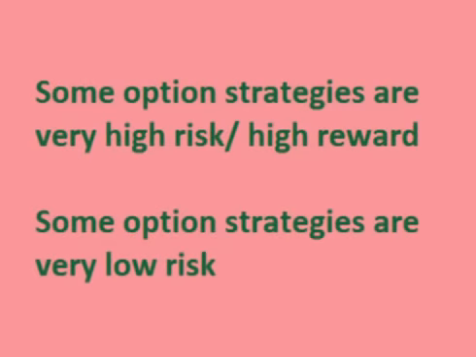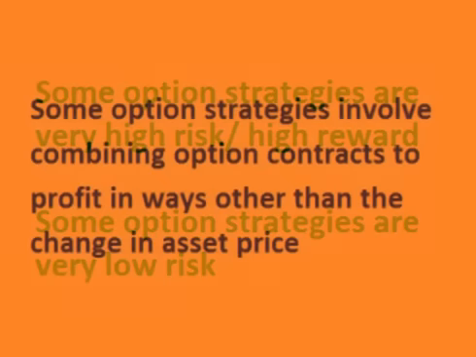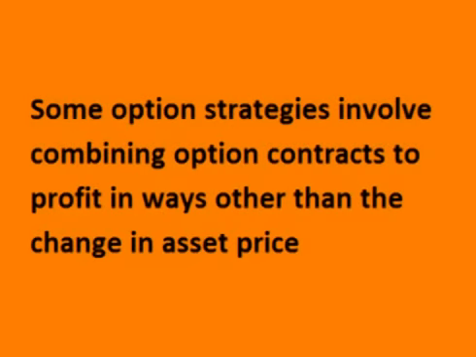There are many different strategies for trading options. Some strategies are very risky and come with large gains or losses. Other strategies are very low risk and come with capped gains and losses to a fixed maximum amount. Some strategies involve combining two or more options in different ways to profit in ways other than the change in stock price. For instance, options could be combined in a way to profit when the individual stock or even the overall market gets more volatile or less volatile, or to profit when other things happen such as changes in interest rates. For this course, for simplification, I'm going to focus on stock options only. However, there are options in other markets that work basically the same way.